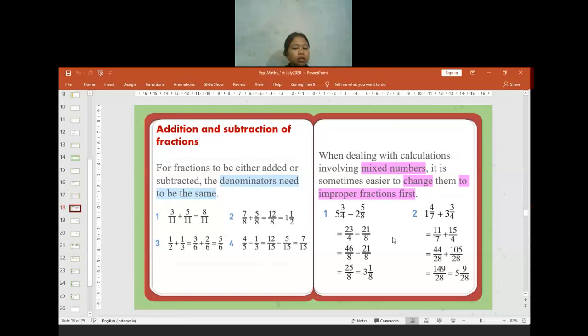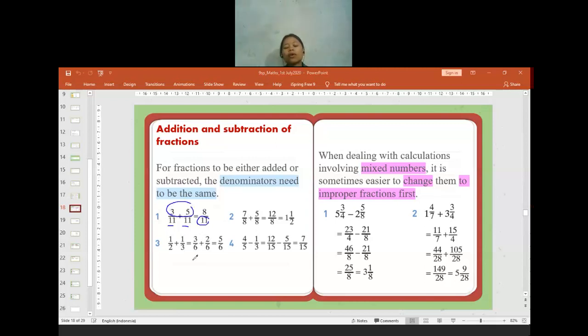Okay. So I just want to revise, because addition and subtraction using fraction, you already did it since you were in grade 6 or grade 7. For the addition and subtraction, you have to make sure that the denominator is already the same. If you forget what is denominator, denominator is the number at the bottom. Here this is 11. When you plus them, the denominator will stay as 11. You just have to add the numerator only.